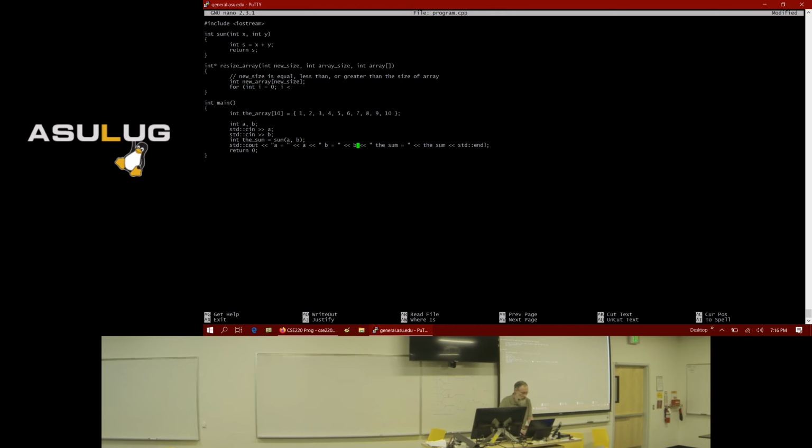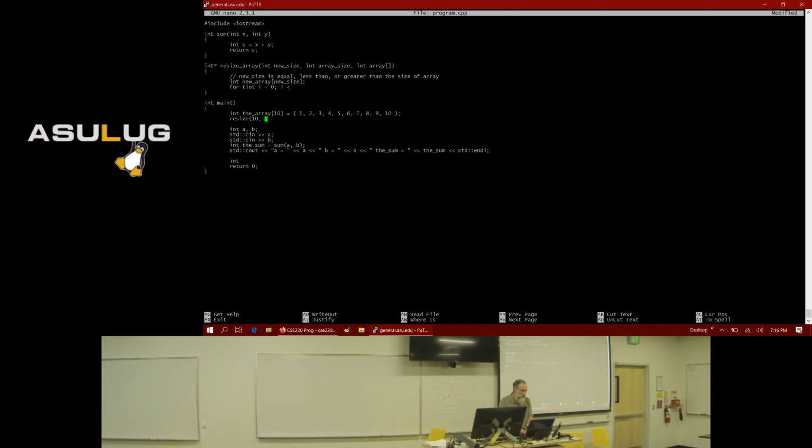Then let's set up a function call here. Let's create an array. Oh, we have already got one right there. Let's resize this array, so we'll call resize. Let's make the new array 10 just for the time being.